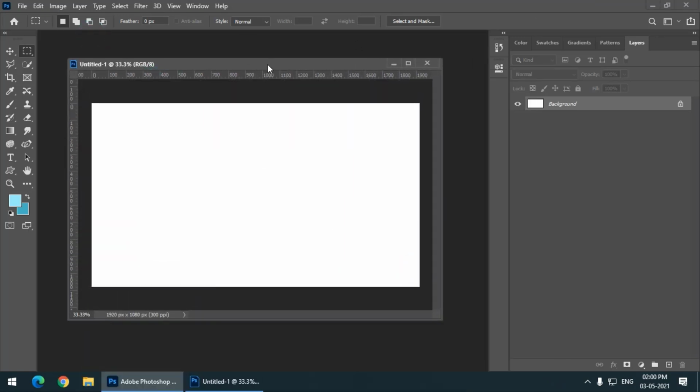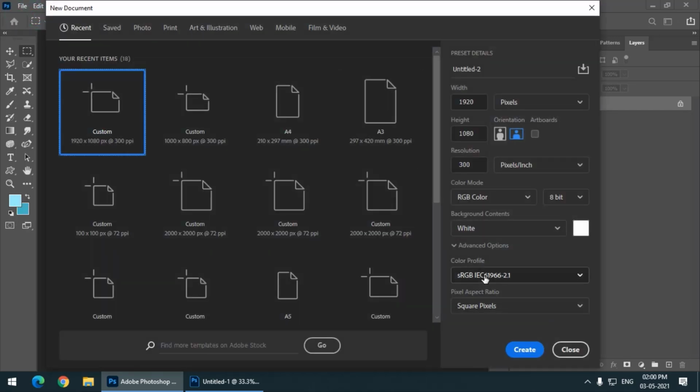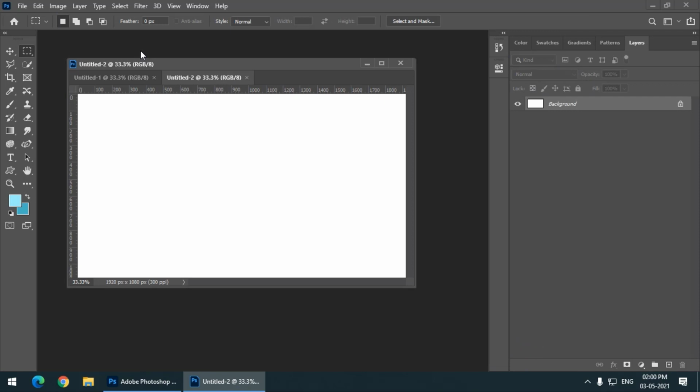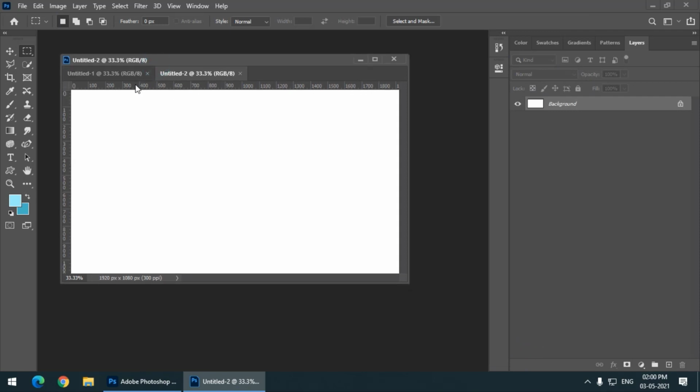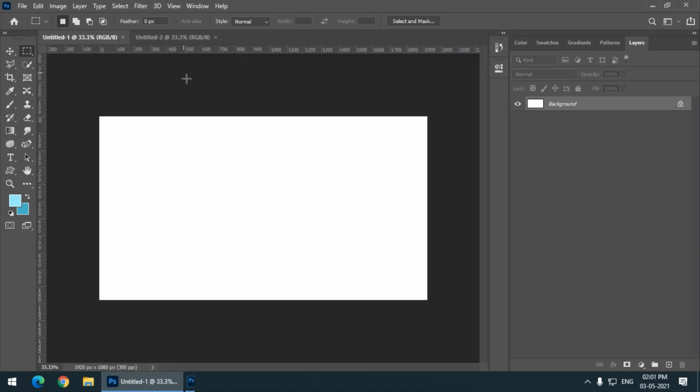This is our new document, and let's say I create another document of the same size. Either I can choose a different size or the same size, but let's say I create a document of the same size. We can see we get these tabs for the two newly created documents. If we drag this entire document over here, then we will get these tabs over here.